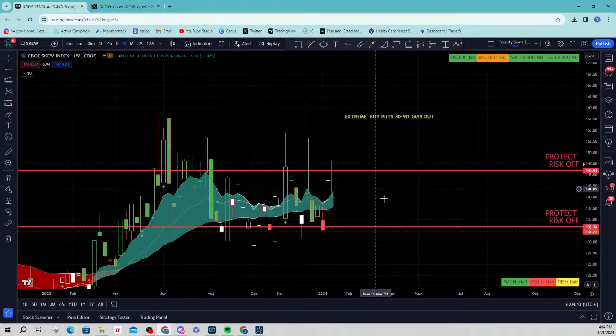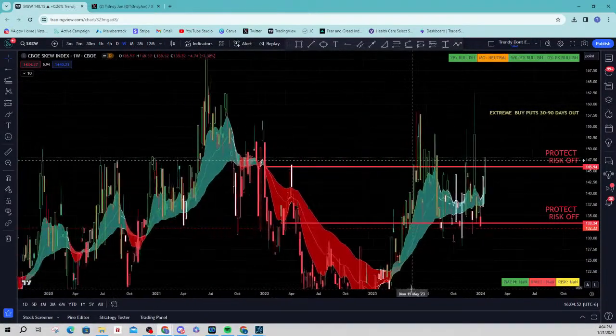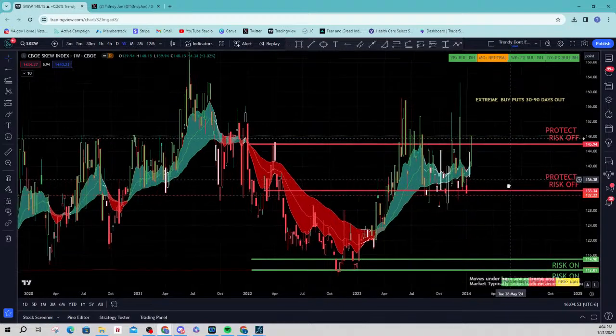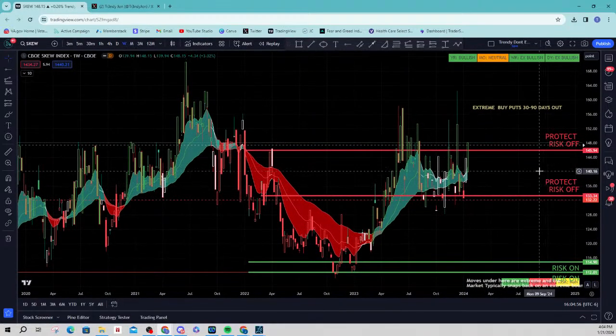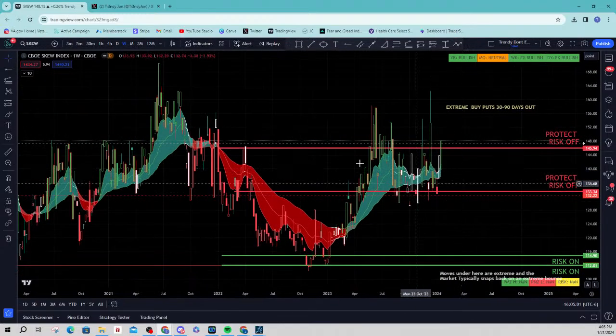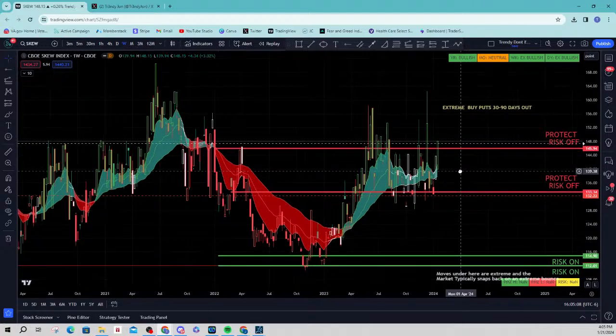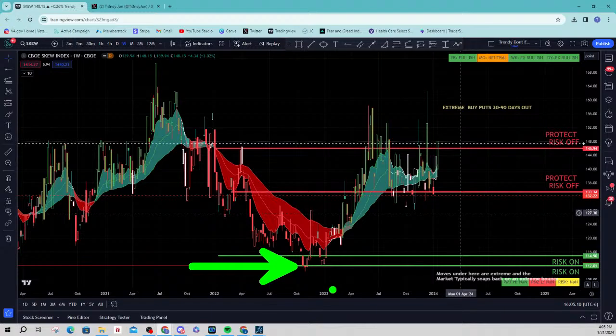So over here on the skew, it is at 148. And something I did a long time ago is I really broke the skew down. I learned to master understanding it. I was given levels many years ago, and those levels don't quite work right now. And what I found is these levels actually work, and these are the levels we've been using here. And I have to say they've been spot on. And basically, this is usually when I want to buy. And if you don't remember, in 2023, we had a 200-point day in the ES futures, and that was exactly down here at the risk on.